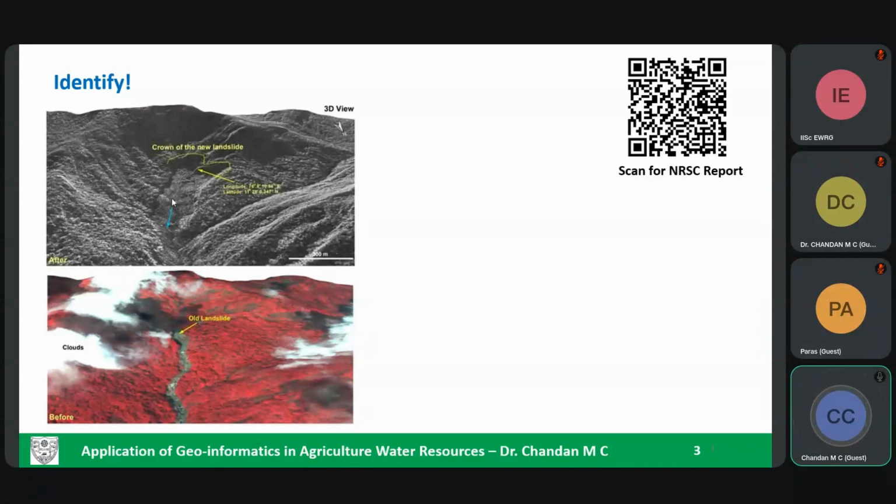So the biggest advantage of the SAR dataset is that you do not have to worry about the clouds. If you look at the bottom image, there are a lot of clouds and the area is cloud covered. That becomes a threat for our remote sensing activities, or I would say a disadvantage. Whereas if you take the SAR imagery, there are no clouds. But again, there is a compromise. One has to compromise with the spatial resolution. So the best thing is to go for an integrated approach.